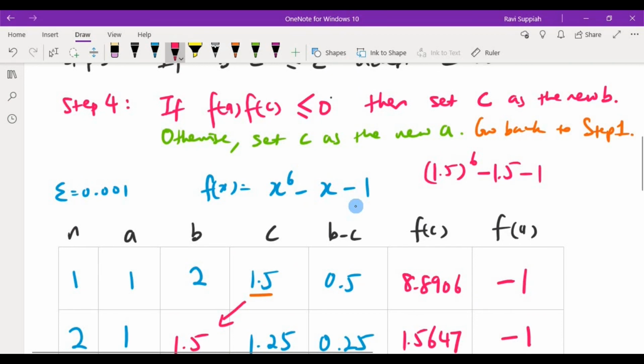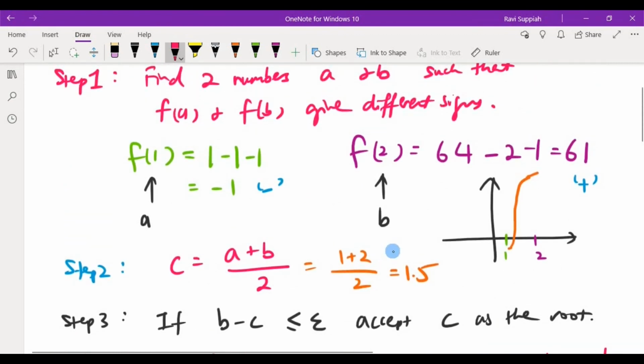And what this video has shown you is how to approach it step by step, using the bisection